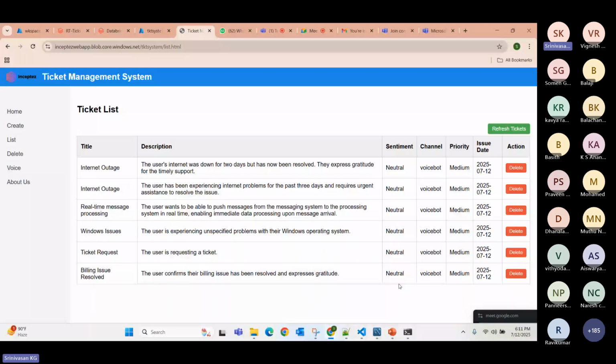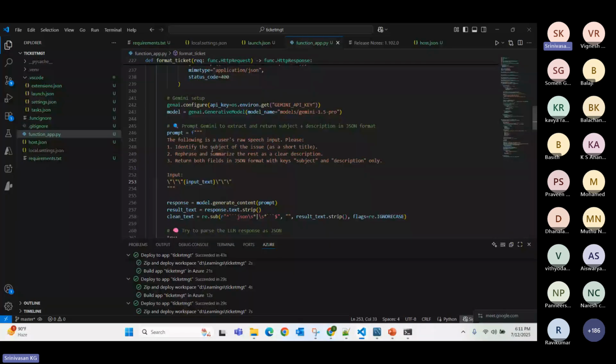Now you can see it is getting neutral again, though it expresses gratitude, so it should be something like good. It is medium, and it is happening. So how has it been working? As I mentioned, the cloud function that I'm calling while submitting